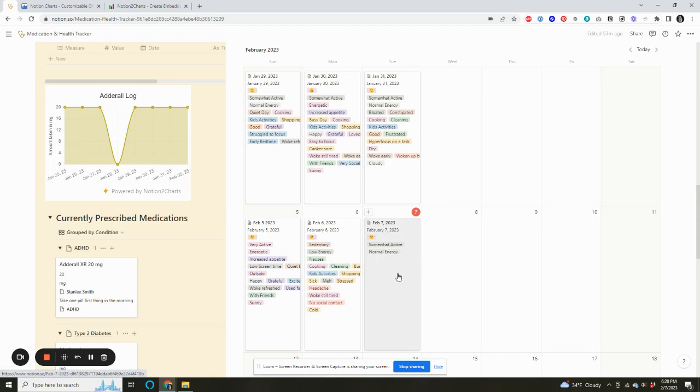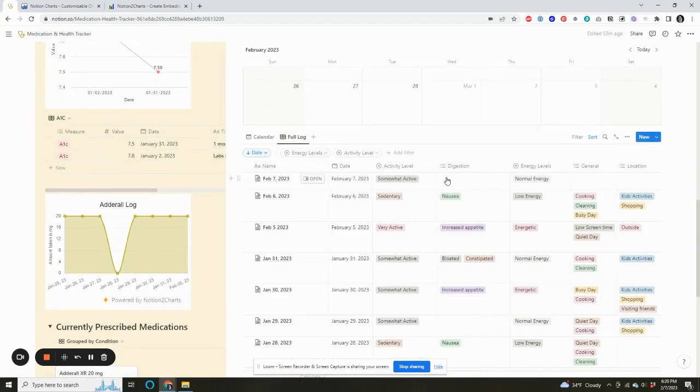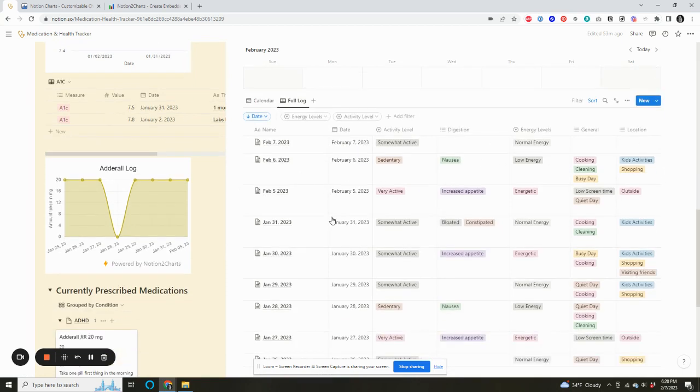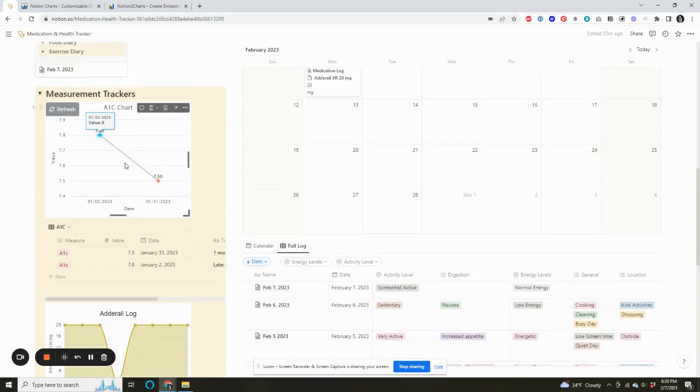So now we have our entry for today, and you'll see it again if we go back, like to our full log look. We didn't fill in all the values, but you get the idea of how it shows up. And that's really pretty much it for how you'll be using it on a day-to-day basis. So now that we understand the measurements, just to go back to these charts,